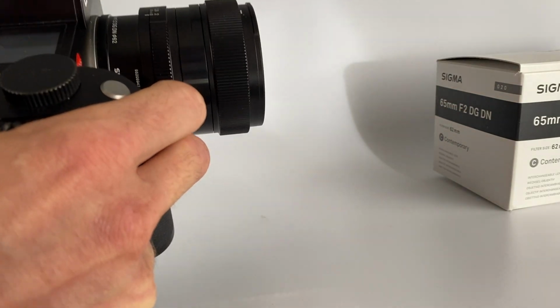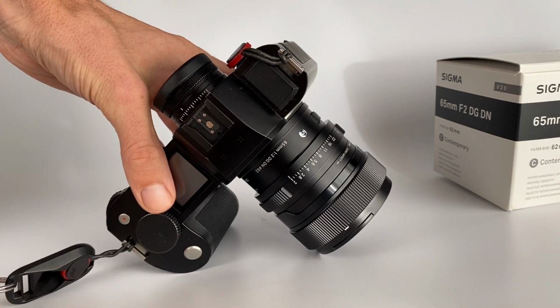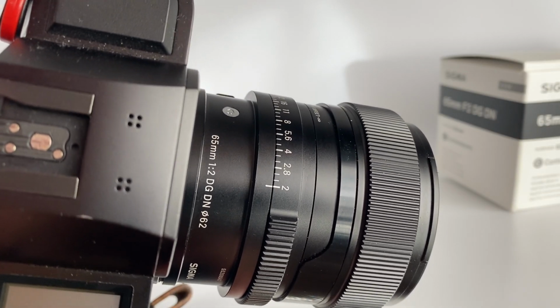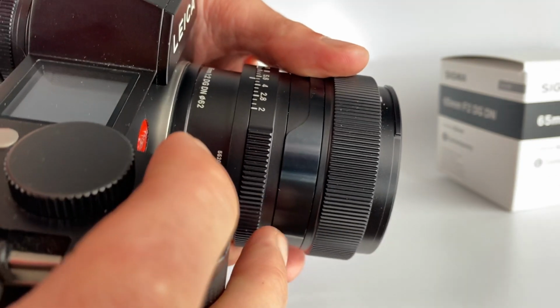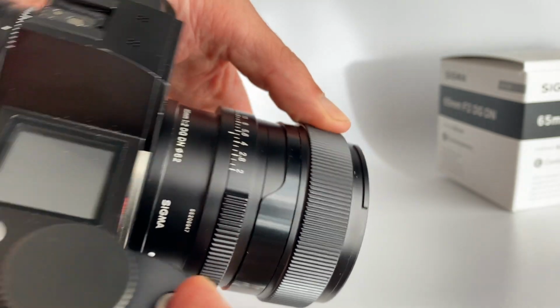So normally I'm comparing, say, Sigma to Voigtlander or Leica, and Sigma's okay, but when you compare it to the Panasonic lens, that's like a plastic toy lens and not very rewarding to hold or have on your camera in terms of the looks and the feel. And the Sigma is so much nicer made. So well done, Sigma. I didn't really appreciate this until I got the Lumix lens. The Lumix lens is very underwhelming in terms of the build quality, but I'm sure hopefully it will do well